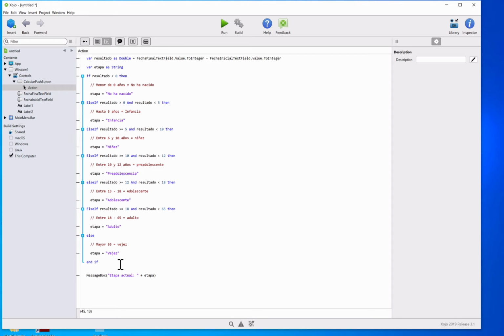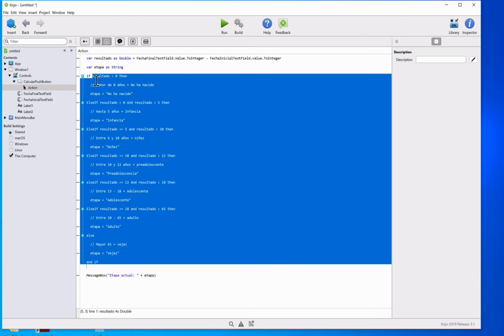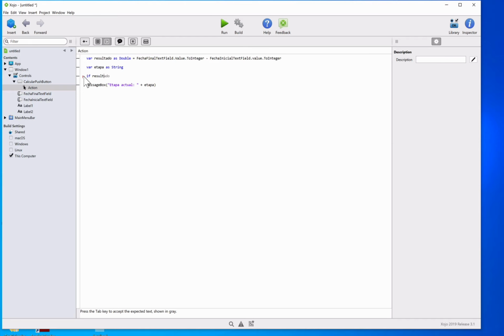In addition, when we work with these kinds of conditional if structures, it is also possible to combine two or more of these. For example, we could use expressions like if result greater than 0 and result less than 100. Then, what's a nested expression? Well, it's when we include a conditional block inside an